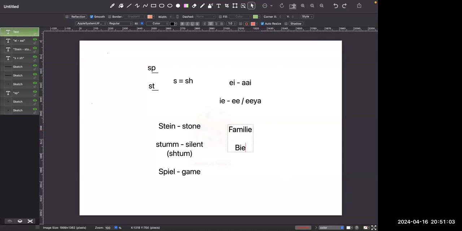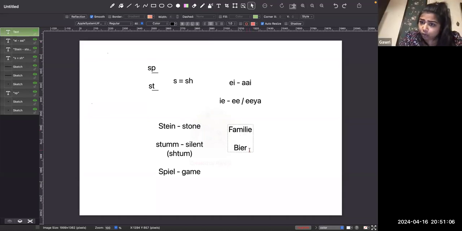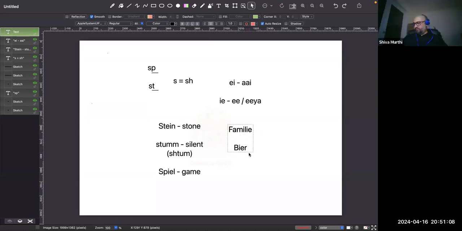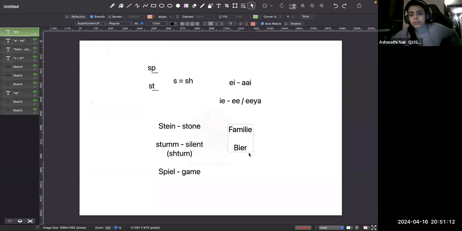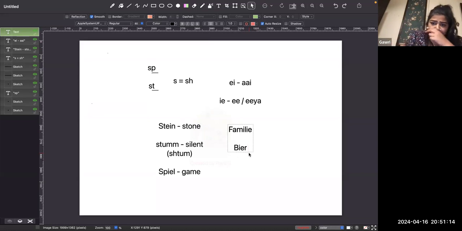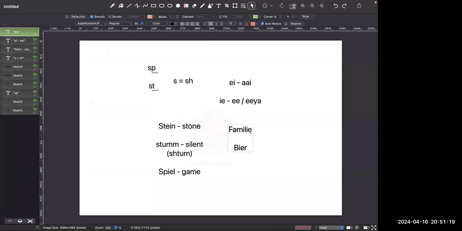Or for example, this word, B-I-E-R. How do we pronounce it? Beer. Just like in English. So this IE combination at many places is pronounced as ee, but many times it